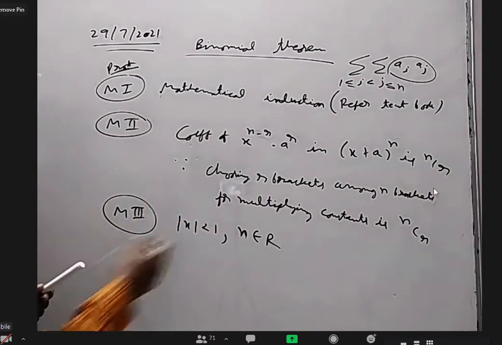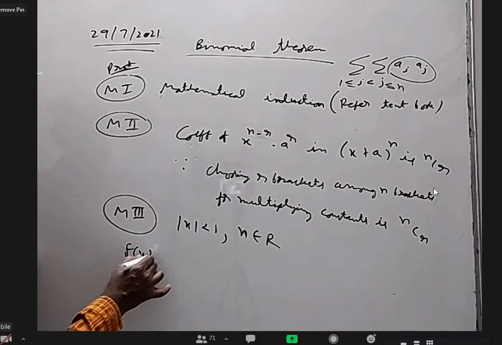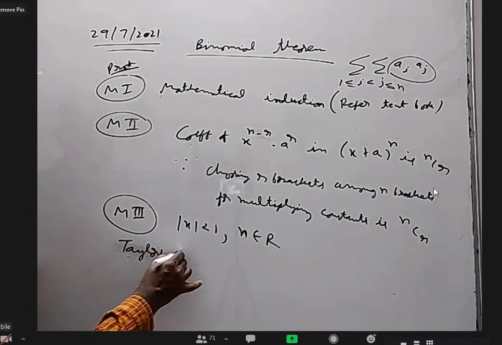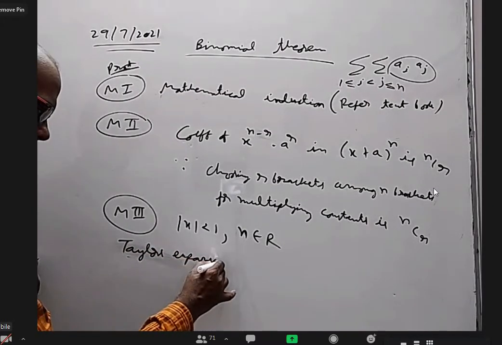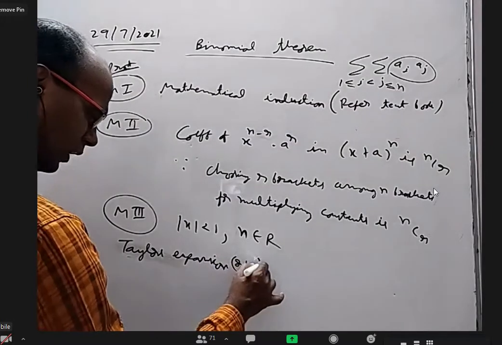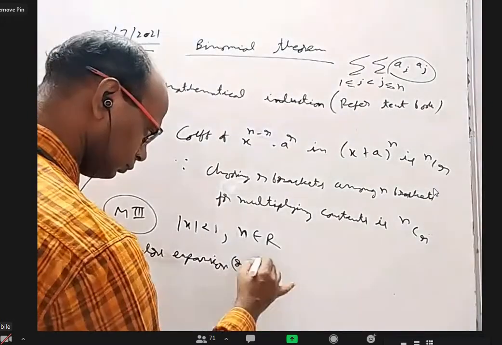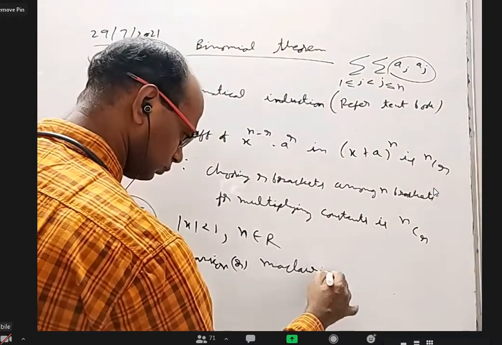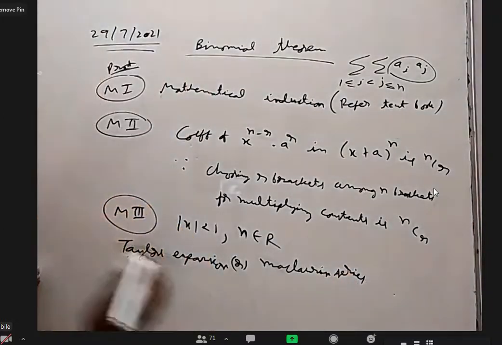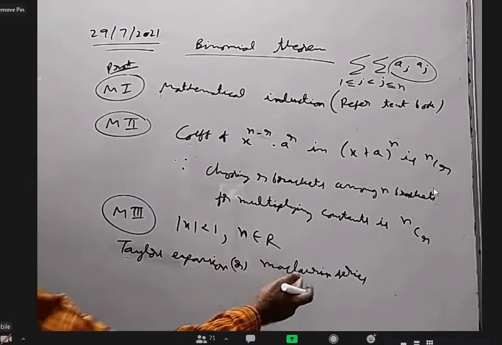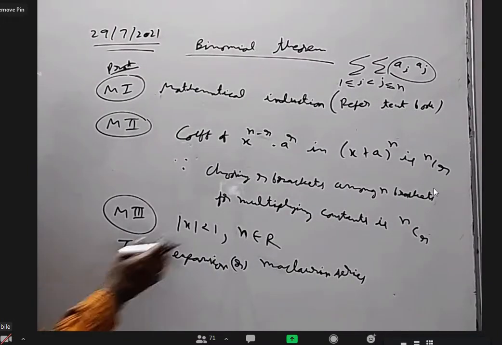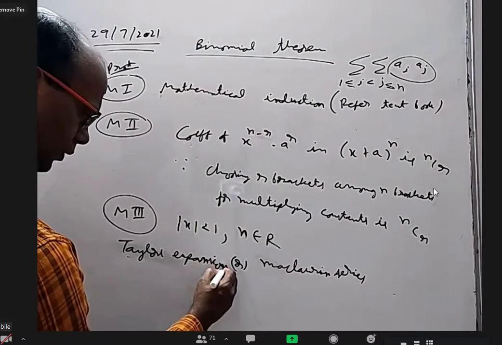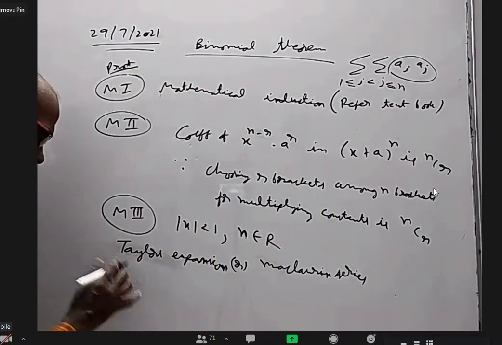Mithun, you're right. What is the Taylor's expansion formula for f of x? This is called Taylor's expansion, or it is also called Maclaurin series, or Maclaurin's expansion, both are the same. I think Maclaurin gave this formula before Taylor, and Taylor extended it to other things, something like that. I don't care about history, but okay. So what does it say?